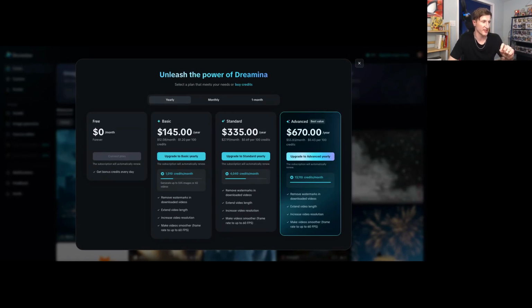So if you're looking at the yearly, there is a basic, which is $145 per year, and it's the equivalent of about $1.20 per 100 credits. You have standard at $335 per year, which is 69 cents per 100 credits, or advanced, which they say is their best value, at $670 per year, and that's going to give you an average price per credit of 43 cents per 100 credits, excuse me. Definitely check out the link in the show notes to do a bit of a deeper comparison on these,